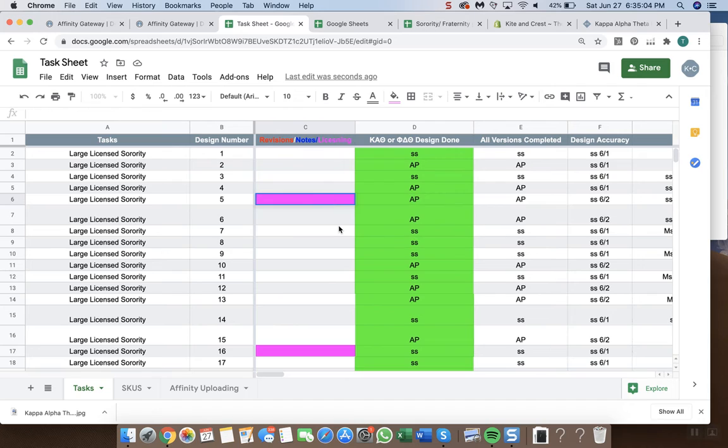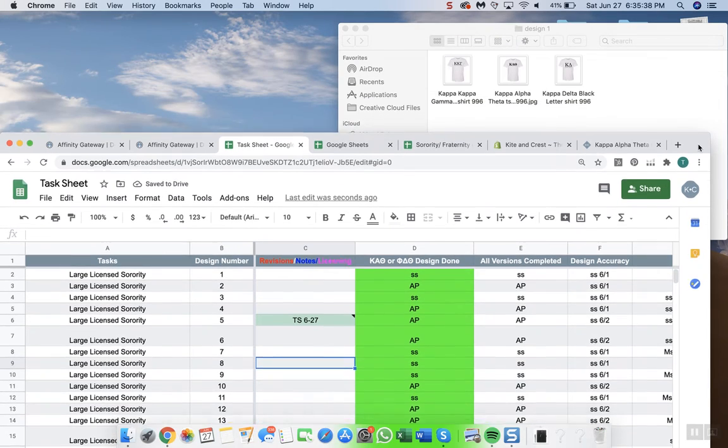They will go and they will put their initials and the date. And then what you're going to do is go and see, oh, it changed to green. So that means that they've created the revision. You're going to go check and make sure that the revisions were made correctly. And then, because we need to use that version of the design instead,